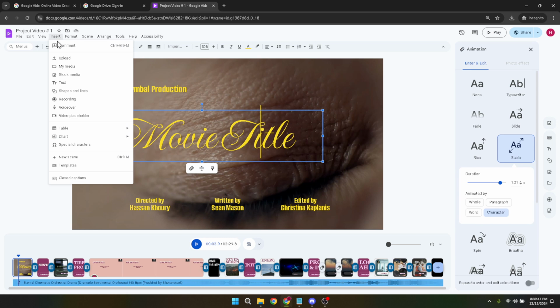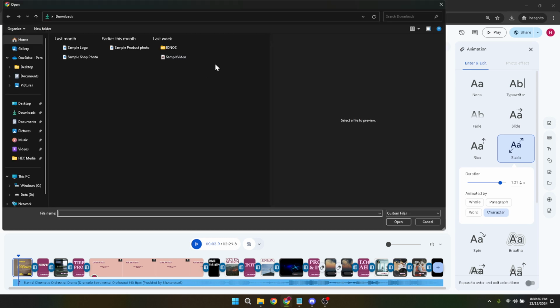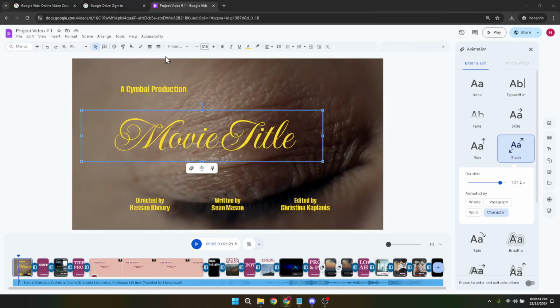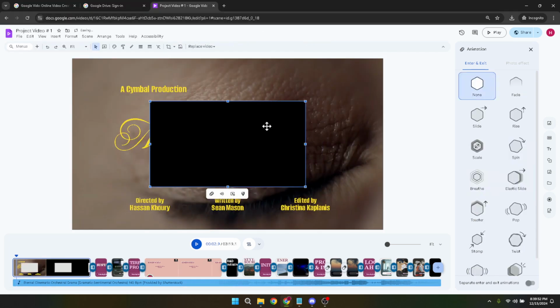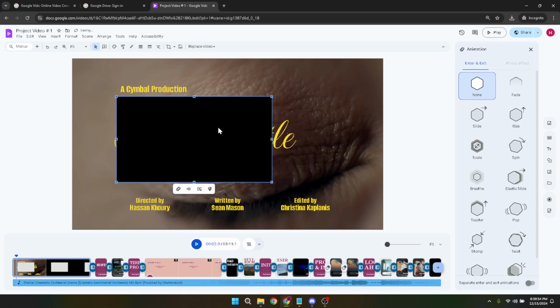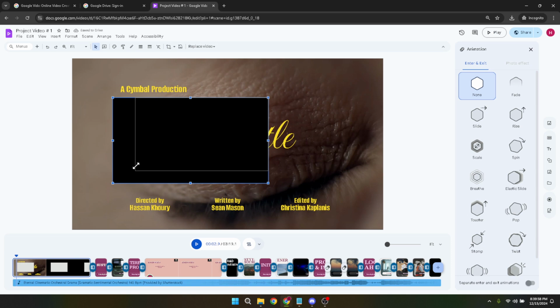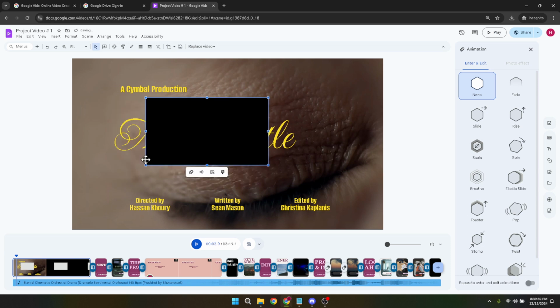Now, here's where the magic happens. After your video has been uploaded, you'll be taken to a new screen with your video ready to edit. You'll notice that by placing your cursor on the corners or edges of the video frame, you can click and drag to resize your video. Adjusting the size is as easy as dragging it down to make it smaller or upwards to enlarge it. This step is crucial and allows you to customize the video to your desired specifications.